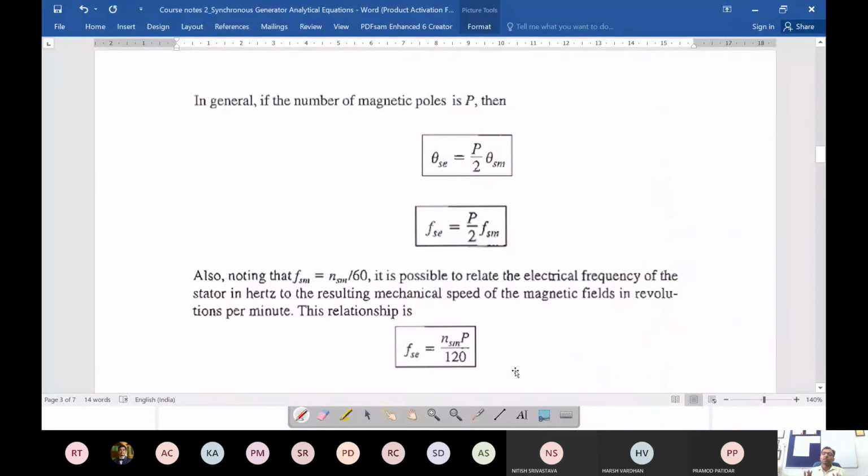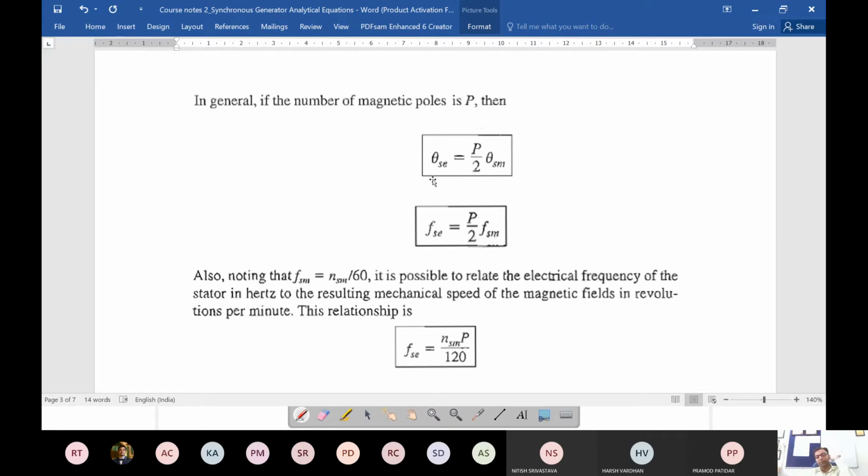Okay, so Pramod, please don't confuse it that way. See, it's very simple. It's not that you're changing the mechanical degree and you're changing the poles, nothing like that. You designed a machine with a given number of poles. So what this equation means is that in any given time period, if you take 5 seconds, 10 seconds, 1 millisecond, whatever time you take, there will be some rotation of the rotor because it is coupled with the shaft to a prime mover and that is rotating.